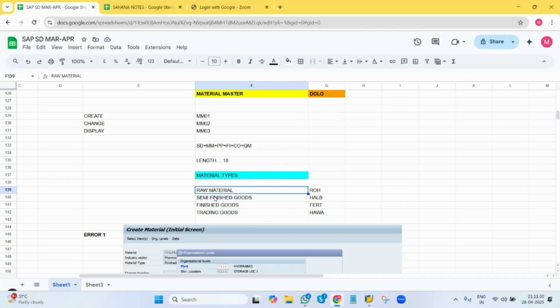So after that, the next material type is semi-finished. So semi-finished goods is nothing but